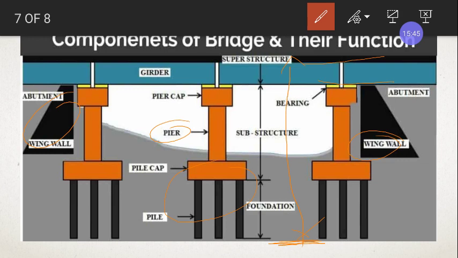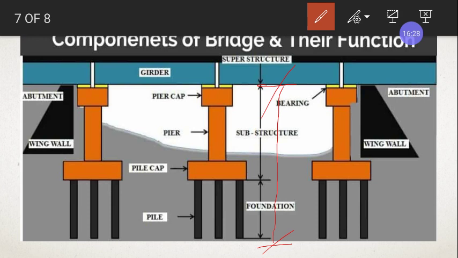Above the pile cap is the pier cap. Whatever is there below the bearing, from the top surface of the pier cap to the bottom of the foundation, is called the substructure.